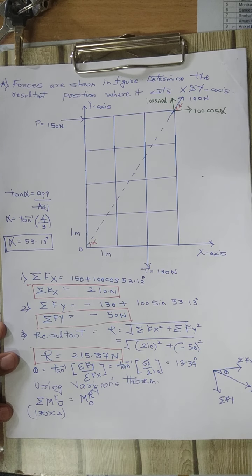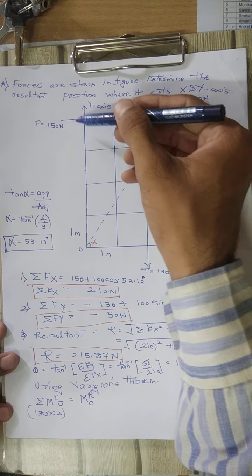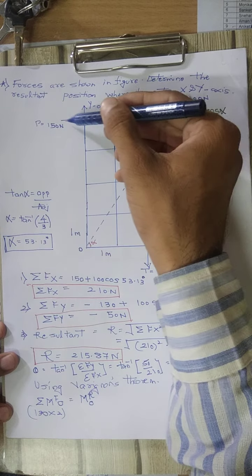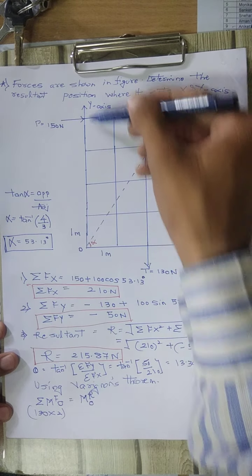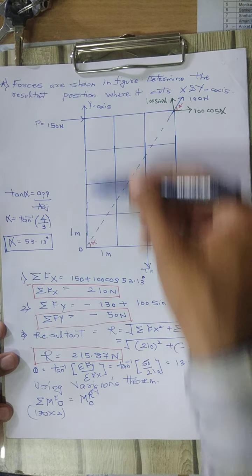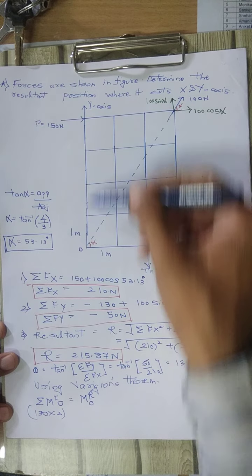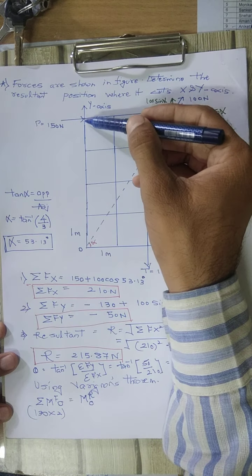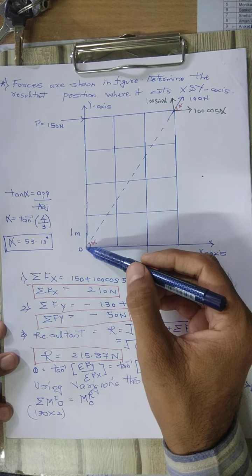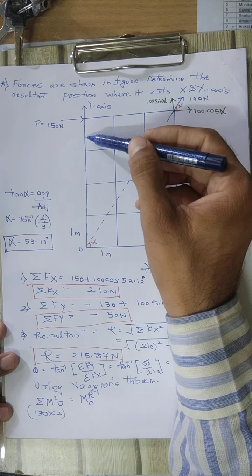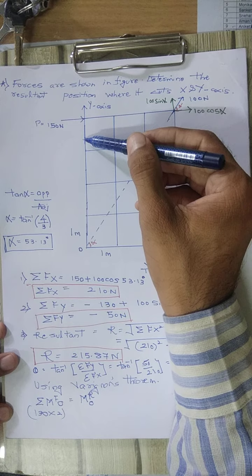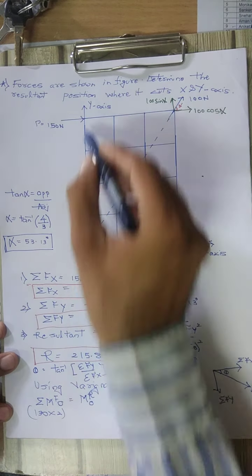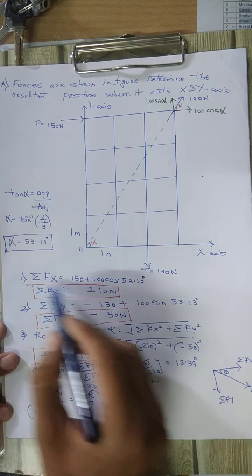So the first force is 130 into 2 meters, clockwise. Again, what about this horizontal force, 150 Newtons? Horizontal force into vertical distance. Again, the perpendicular distance. What is the definition of moment? The force and the distance should be perpendicular to each other. Okay. So here there is a horizontal force, so we have to take the vertical distance above point O. How many blocks are there? 1, 2, 3, 4. And it is moving about O in the clockwise direction.